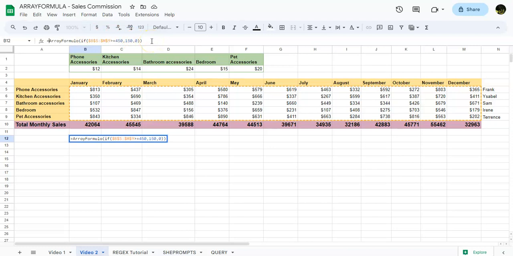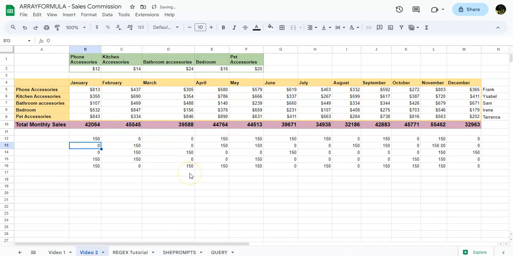In this case, the array formula is going to take that if statement and go into every one of these cells and come up with either a 150 or a 0. Now let's take a look. And there you have it. Just one keystroke. If you're doing sales commission with an if statement, make sure that you don't encapsulate the 150